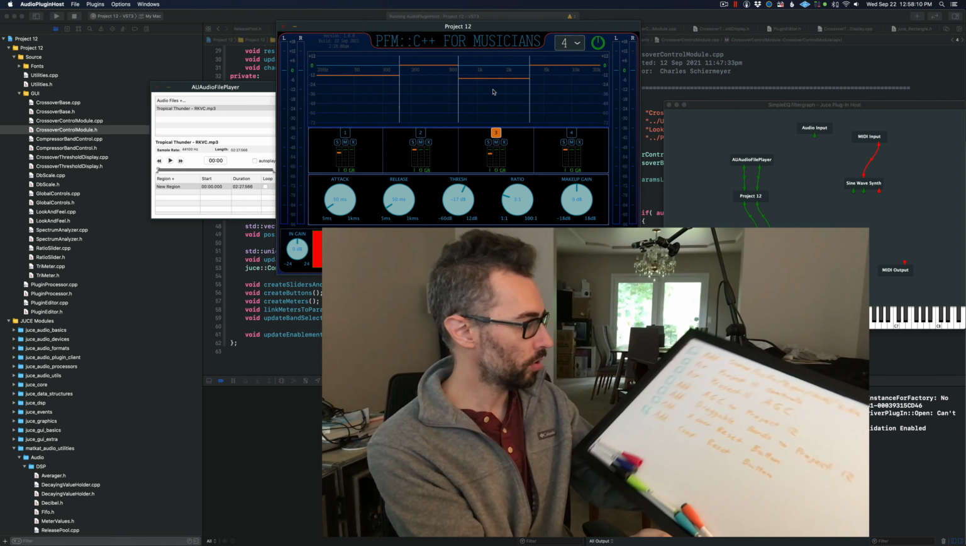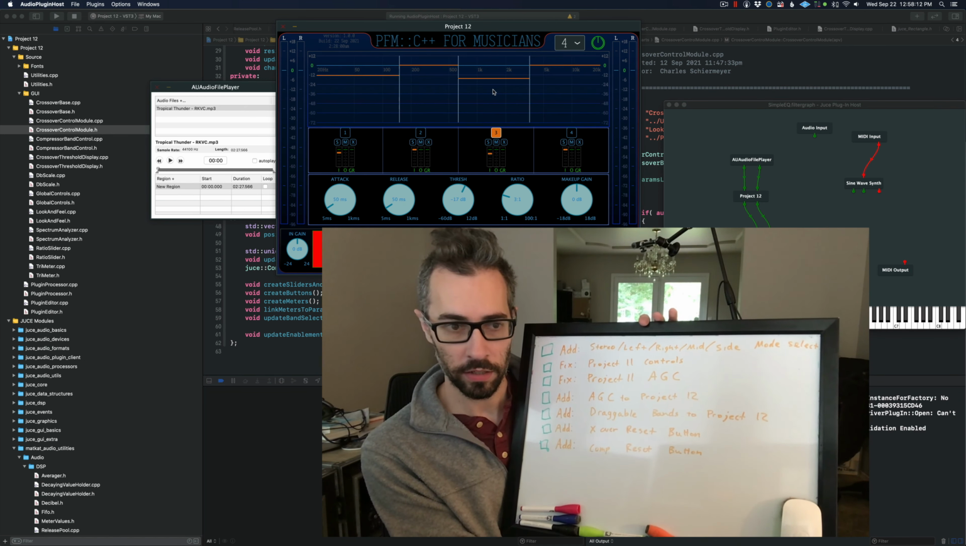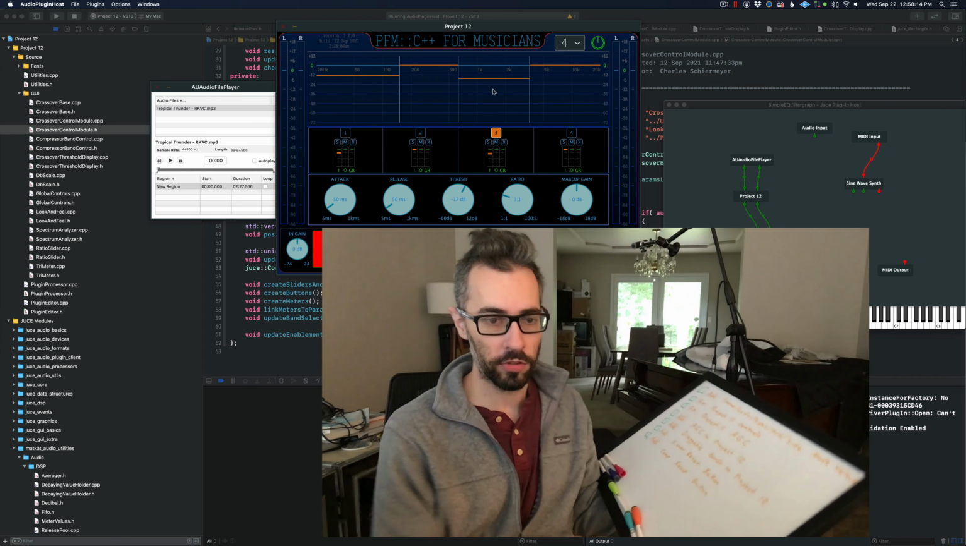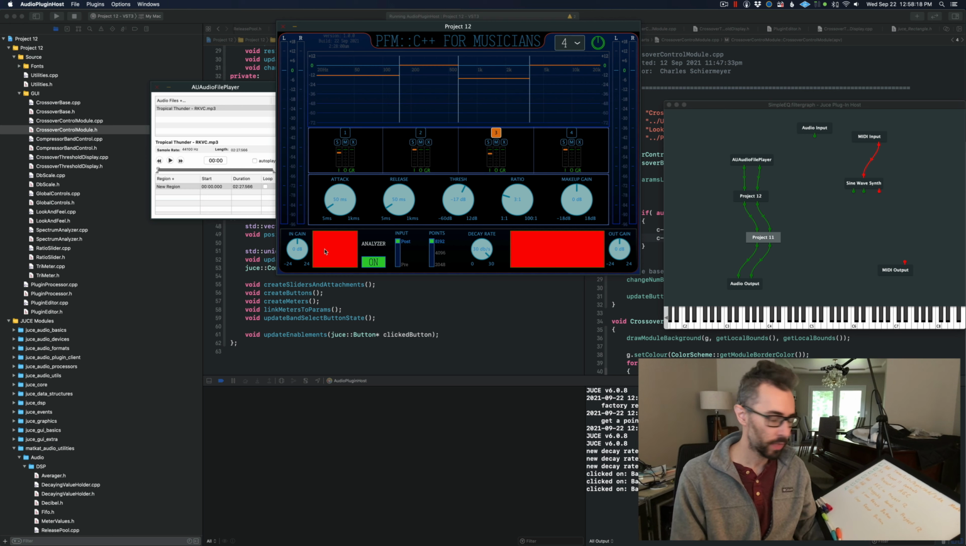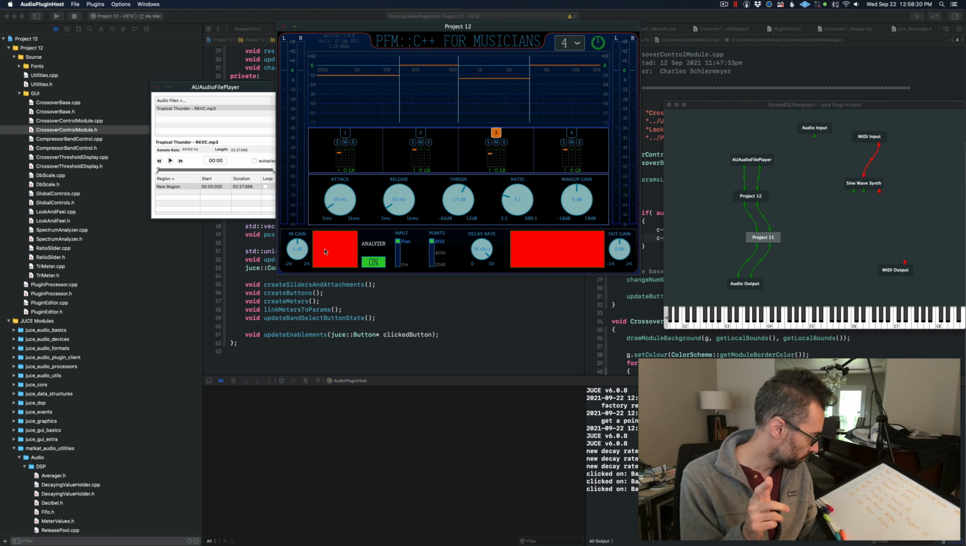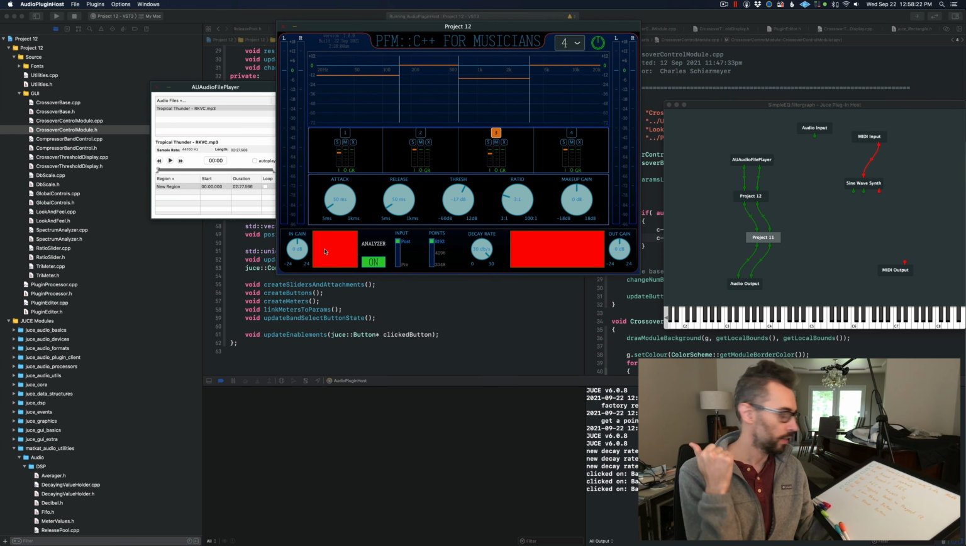Okay, so I have my little list of what I want to actually accomplish on this. The first thing is I'm going to fill in this with a mode selection, and the mode selection is going to be stereo, the left channel, the right channel, the mid channel, and the side channel. I'm not going to do separate mid and side processing because